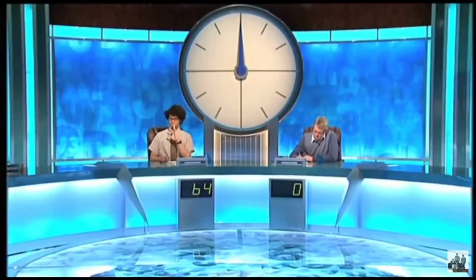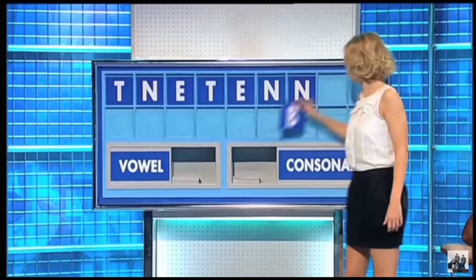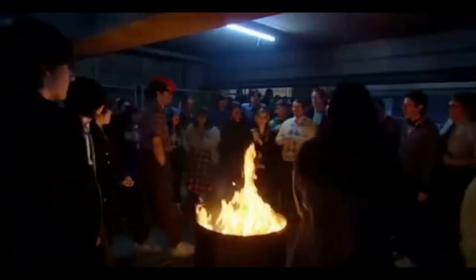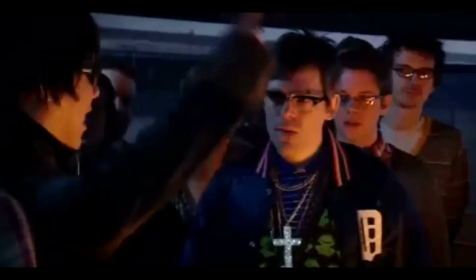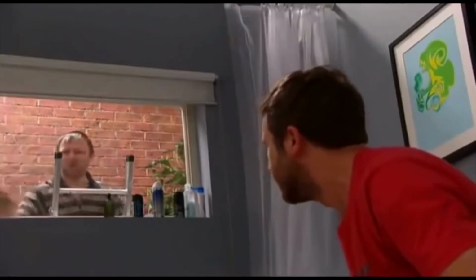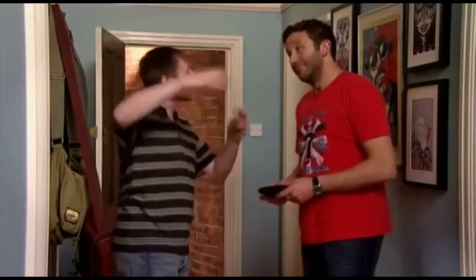In The IT Crowd, the funniness of Moss going on Countdown and doing street Countdown battles and things like that would be really entertaining for an audience. The idea that Roy somehow has managed to muddle up what's happening with this window cleaning guy and his bike, and then constantly trying to get Alistair to understand that he's not a window cleaner, and it becomes lots and lots of jokes about these characters. So there's lots of entertainment there for audiences.